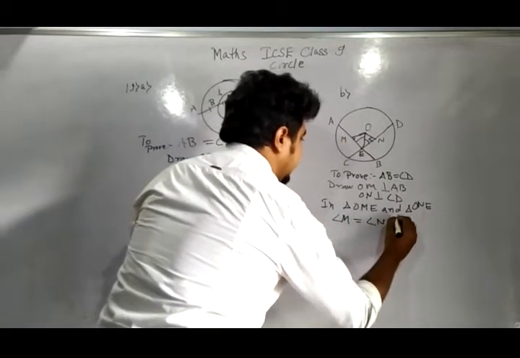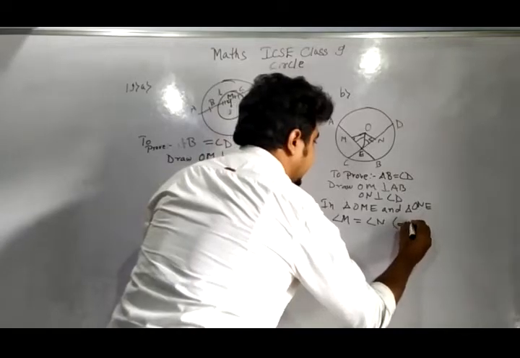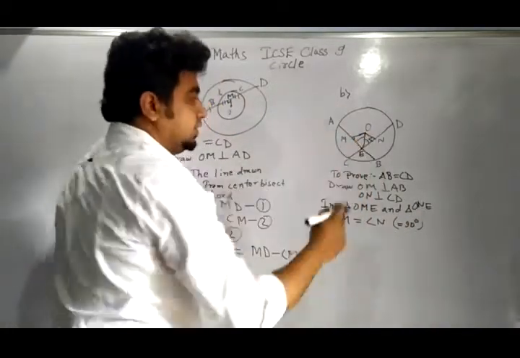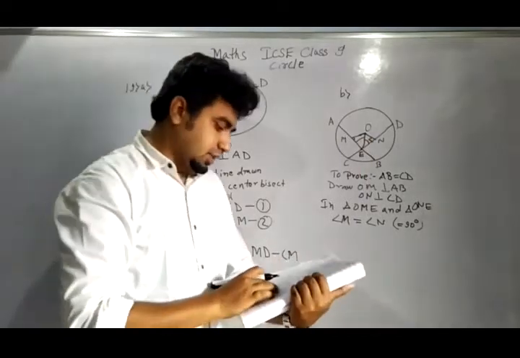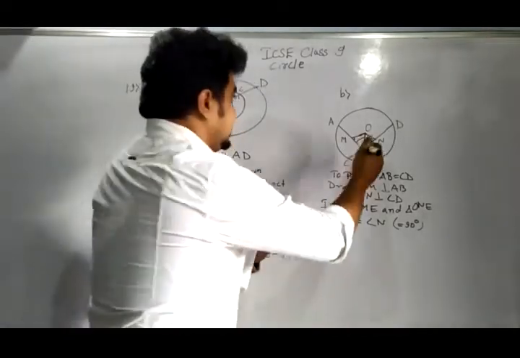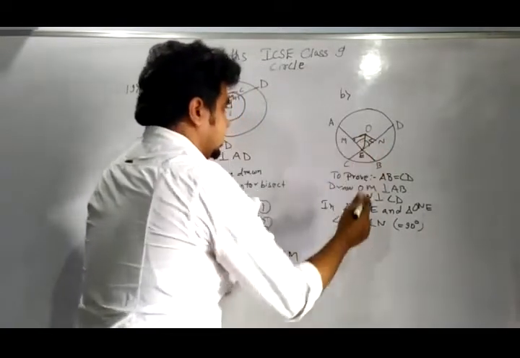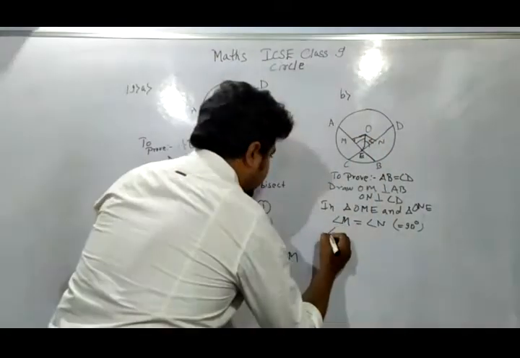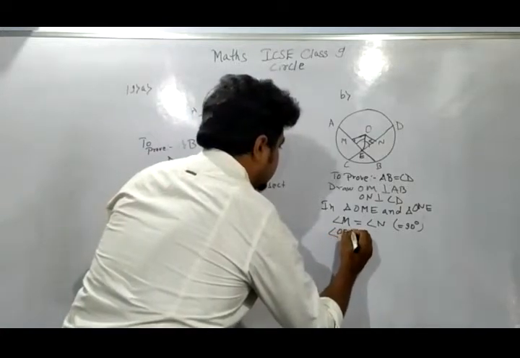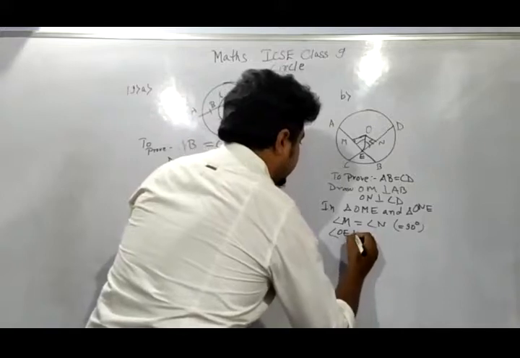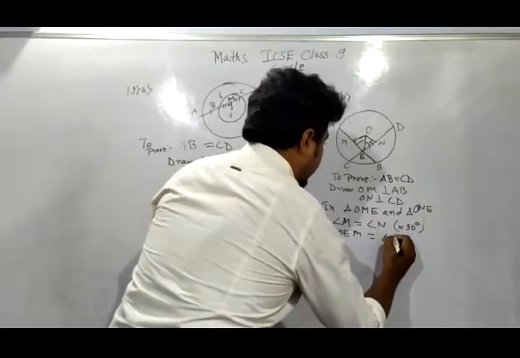This is because of 90 degrees. As we know, the angles are 90 degrees, perpendicular, and this is equal to this because the angle is bisected. OE bisects angle AED. This entire angle is bisected, meaning this part is equal to this part. So we can say that angle OEM will be equal to angle ONE.